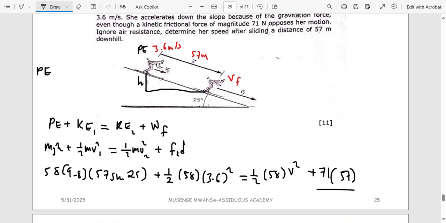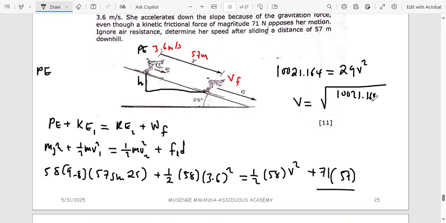So minus 71 times 57. So it has given me 10,021.164. That will be equal to 2 into 58 is 29 v squared. To remain with v, divide both sides by 29 and then square root, because it was v squared. So that has given me